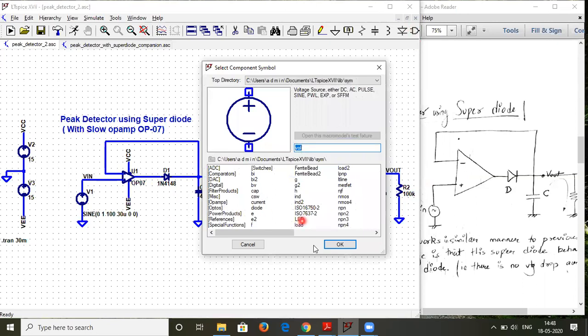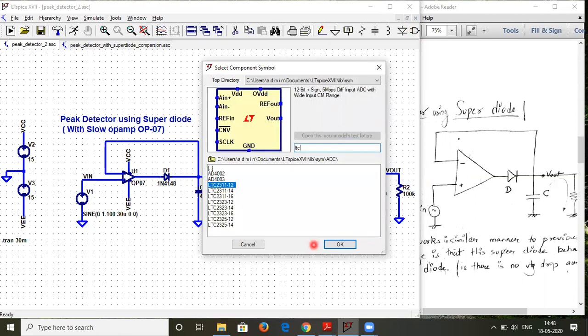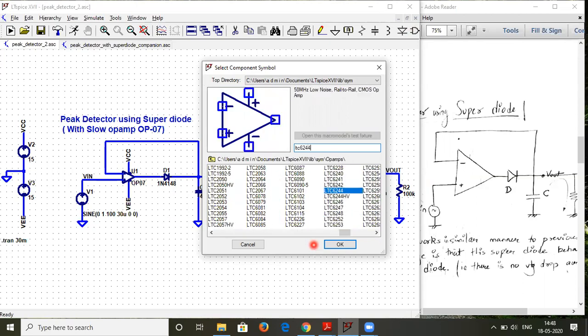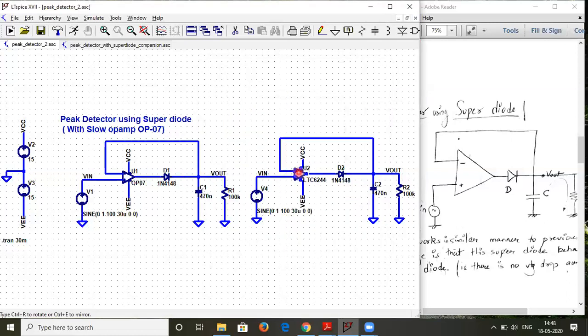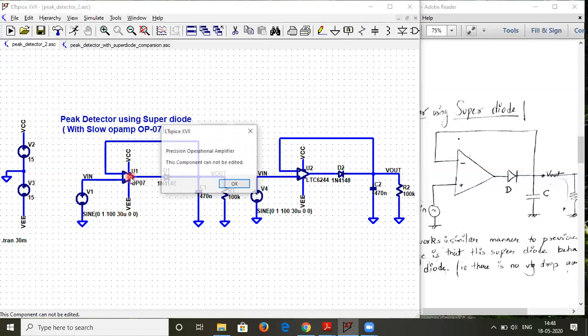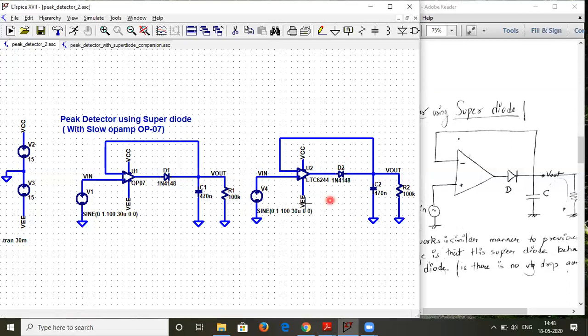The op-amp which I will select is LTC6244. Basically this is a CMOS op-amp, a 50 megahertz low noise rail to rail op-amp. This is a much faster op-amp compared to OP07. OP07 was a precision operational amplifier, which is relatively slow.